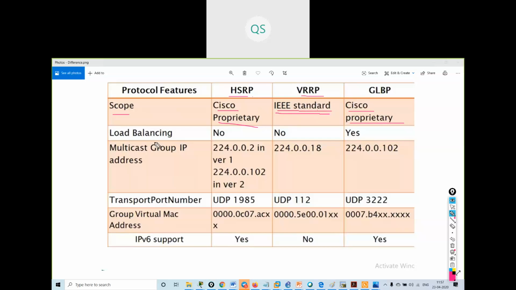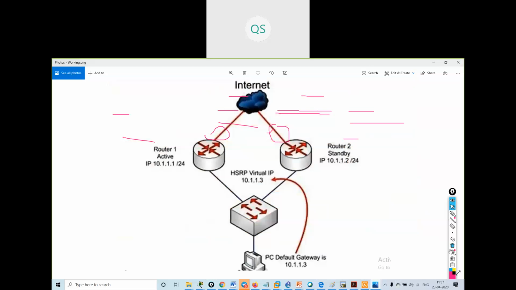Load balancing: there is no load balancing feature in VRRP and HSRP. We have the load balancing feature in GLBP. You all know what load balancing is, and I will give you an example. Whenever you are using HSRP, unless this active router's link goes down, my standby router will not work.